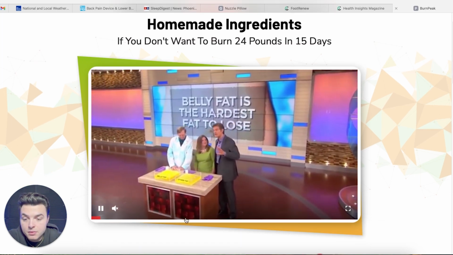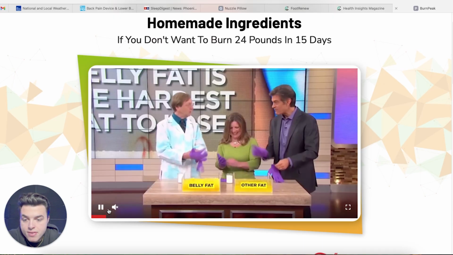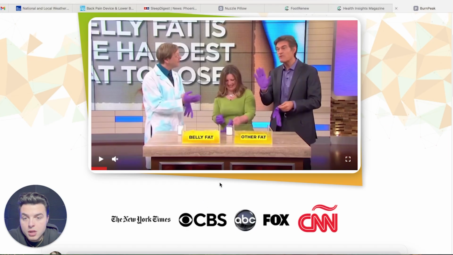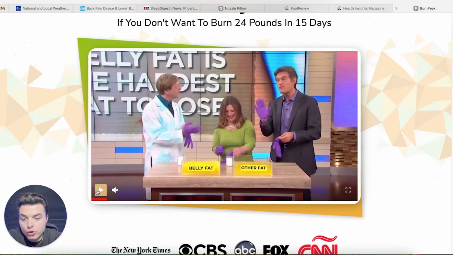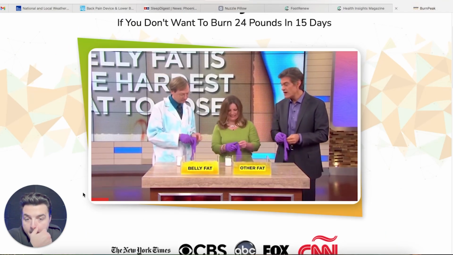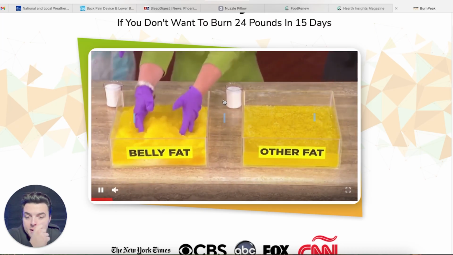Can I skip? No, I can't. Okay, how long is this? I'm not going to watch this all the way through, but what will happen is once this is done, this is going to push us through to a product page. Let me see. There's literally no way to skip it, but this is a pretty interesting VSL funnel